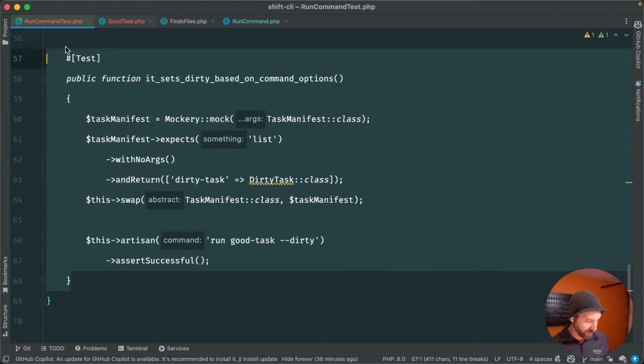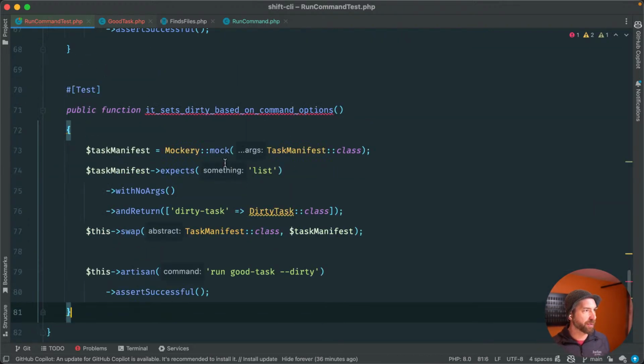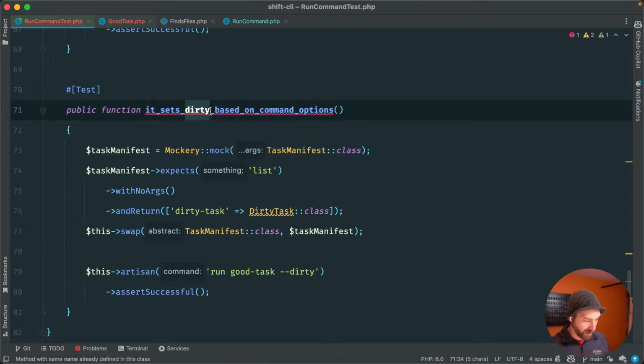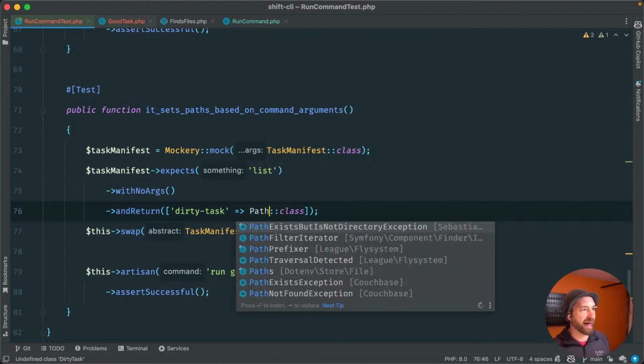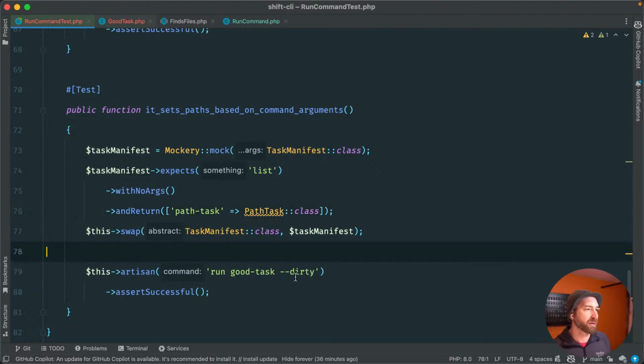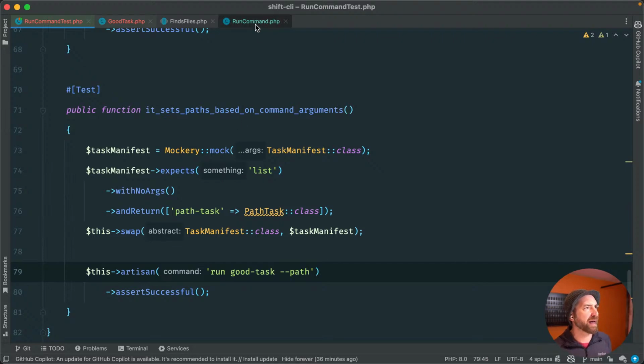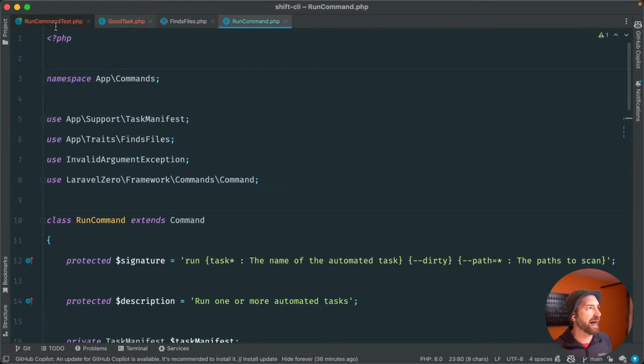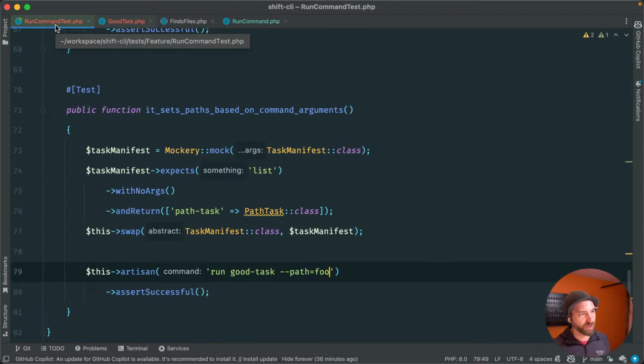Next is, I think I'll need to stop the stream here just to get on back to being a dad, but we could say it sets paths based on command arguments. And I think we'll just make a path task. And this would be more like path. Did we say path or paths? I always forget. Path. So we'll say path equals foo.php